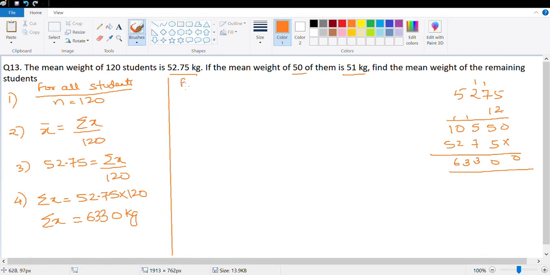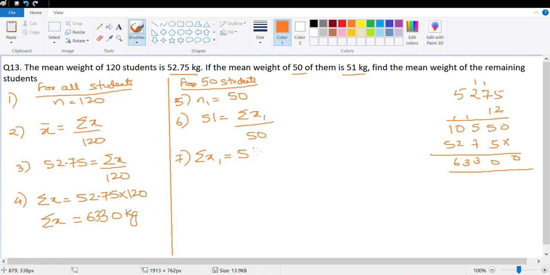Next, for 50 students, right? We're talking about 50 students for which data is given. Next, N1 is equal to 50. Let's calculate the sum of the weight of these 50 students. The mean is given as 51. So 51 is equal to the sum of the weight of the students upon 50, which means the sum of the weight of the students